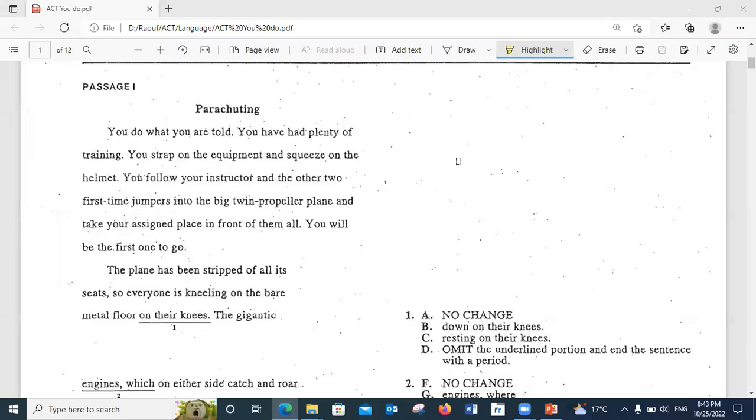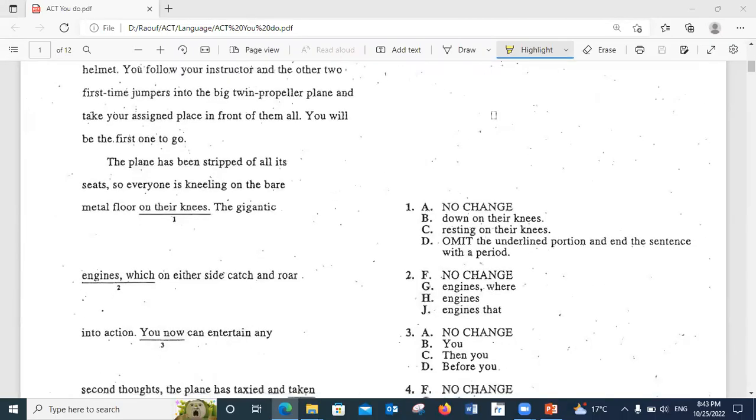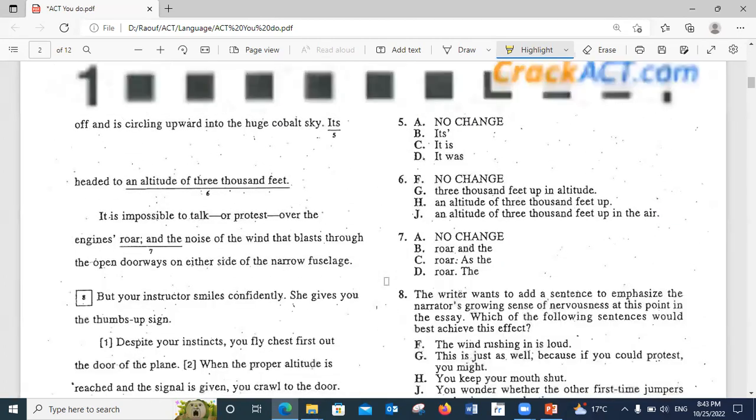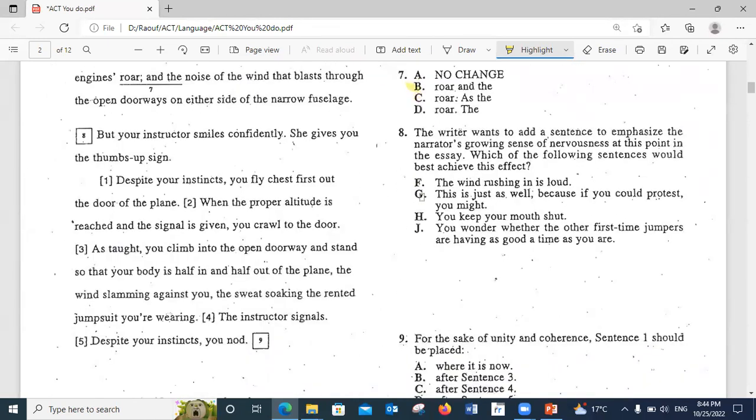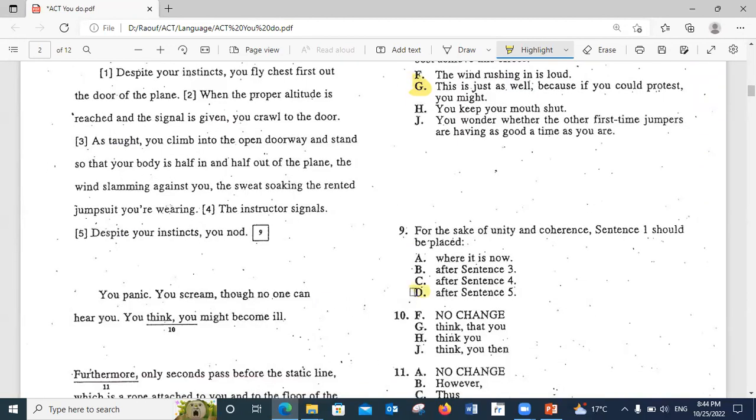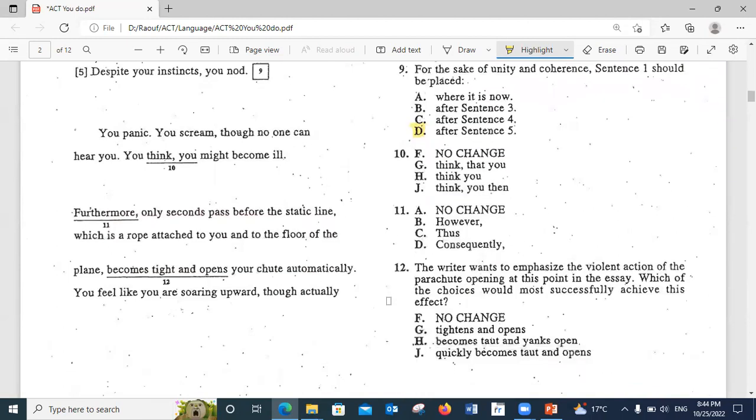Here we go, Shabab. Question 1. The correct answer is D. So 1D, 2H, 3D, 4F, 5C, 6F, 7B, 8G, 9D, 10H,